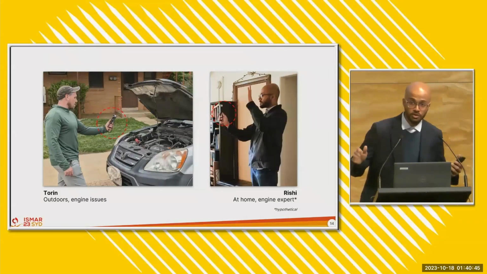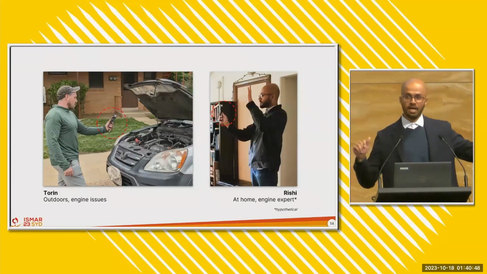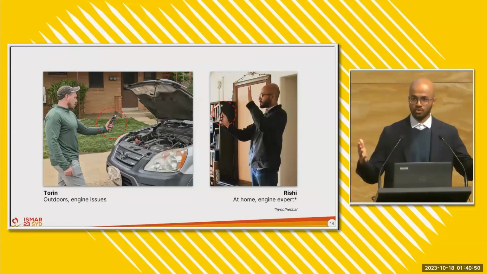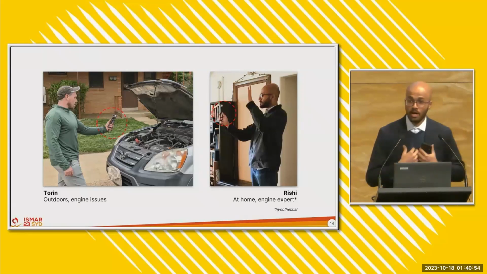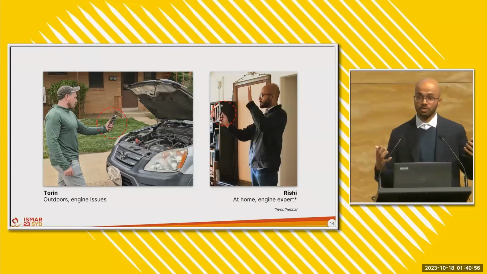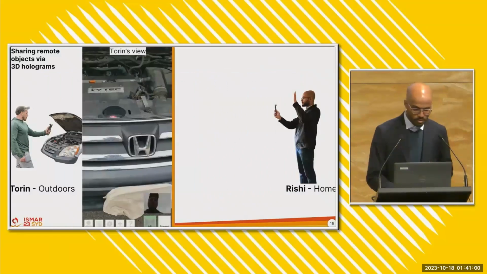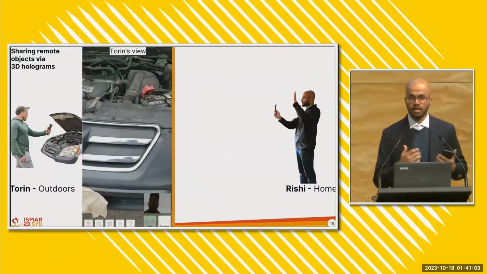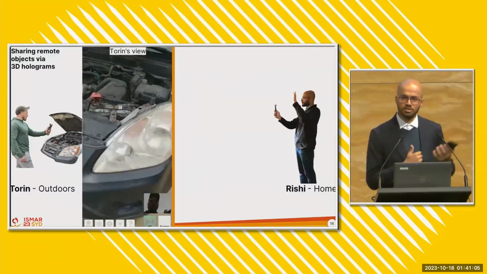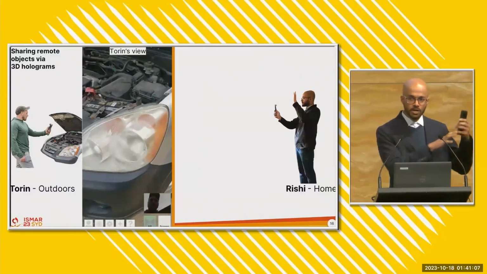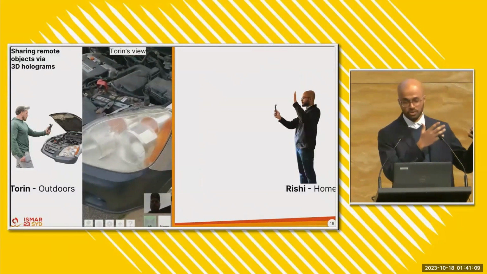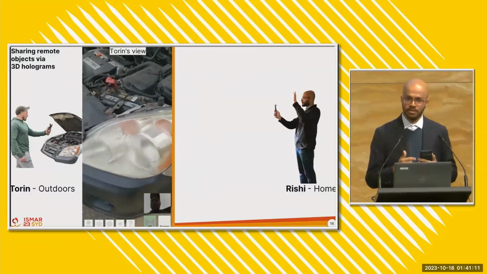Now, imagine a scenario where Torin here is out on the road and his car is broken down and he doesn't know what to do. And for some reason, of all the people in the world, he calls me, and I'm at home, and he wants to know how we can both end up fixing the engine. In using DualStream, what he does is he opens up the application and starts sharing the video of the engine of the car, and asks if I can spot anything out of place.